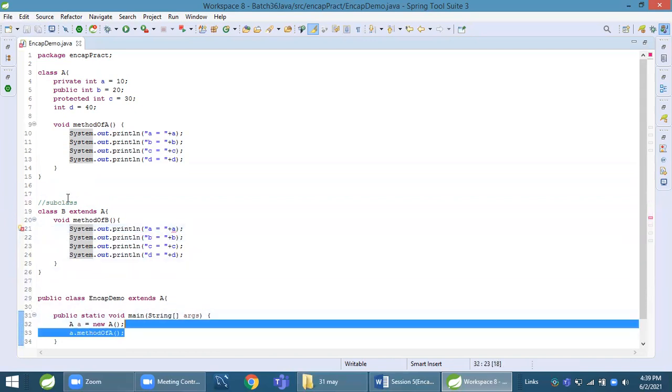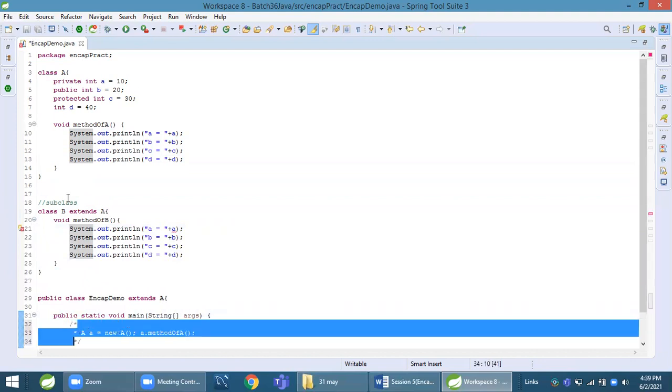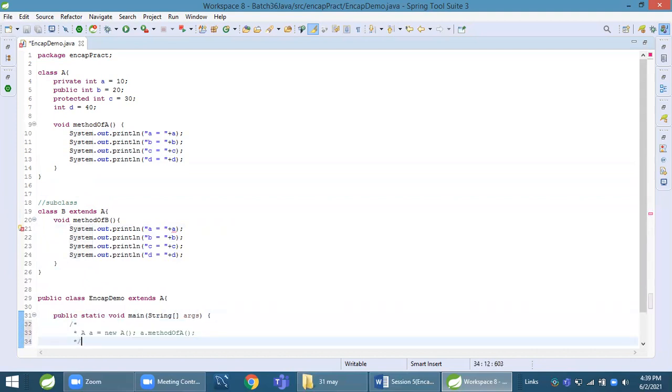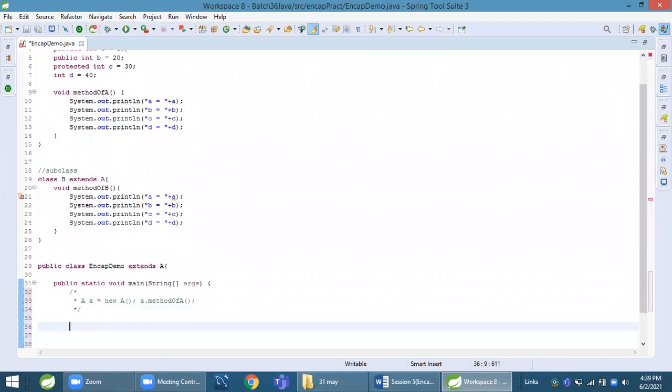Now you can see I comment this one part and we will try to access it now in subclass. To access that in subclass, create object of b1 equal to new b and call that method of.